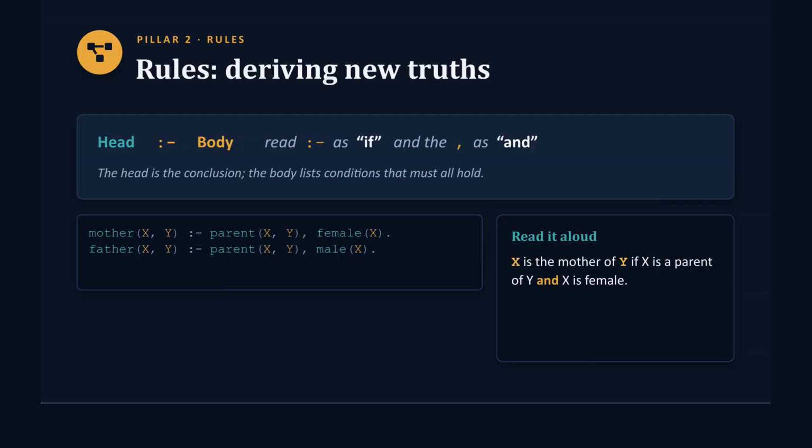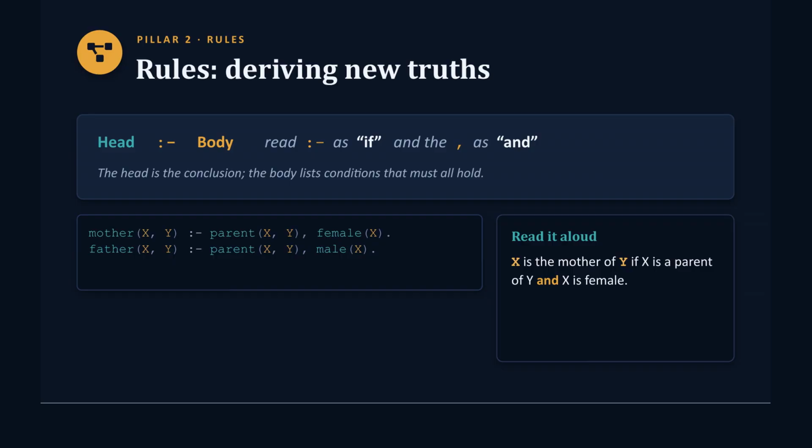Facts alone only tell Prolog what you typed in. Rules let it derive what you did not. A rule has the form head :- body, and you read the :- as the word if. So the mother rule reads, X is the mother of Y if X is a parent of Y and X is female. The comma between the 2 conditions reads as and. The head is the conclusion, the body is the set of conditions that must all hold. With one short rule, Prolog can answer questions about motherhood for every person in the family, without you ever storing